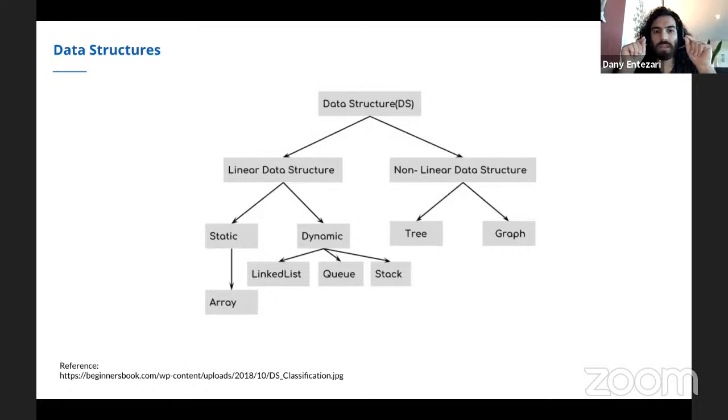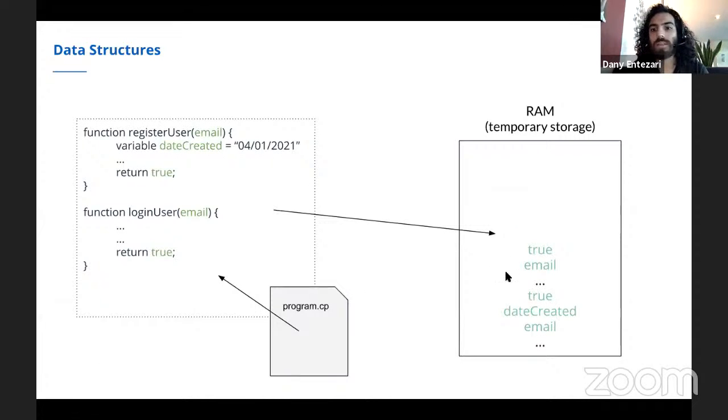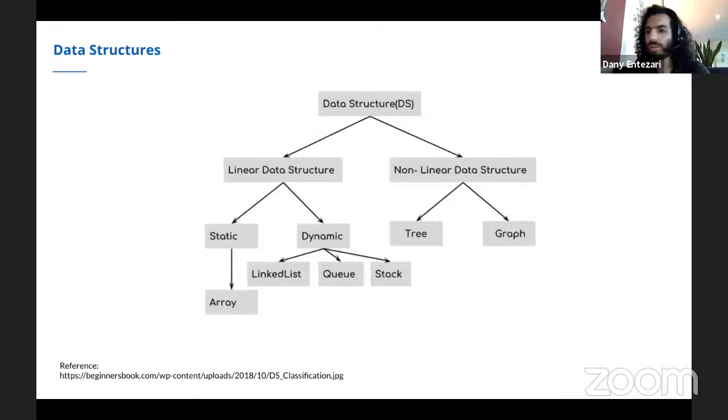all of the values in those data structures are connected to, or are read from, the temporary storage I told you about. So, for example, if I go back to the slide here, when I said the user's email address, the user's first name, the user's last name, all of these are put inside this temporary storage. Even right now, if you have an Excel sheet in front of you, as you're looking at those rows and columns, those values are actually being read from the temporary storage.